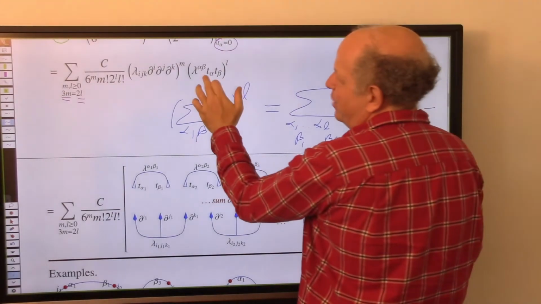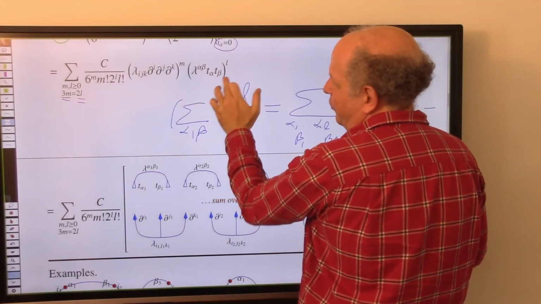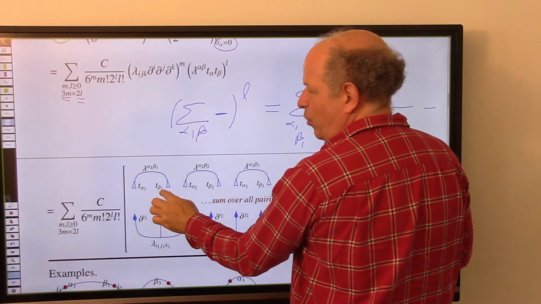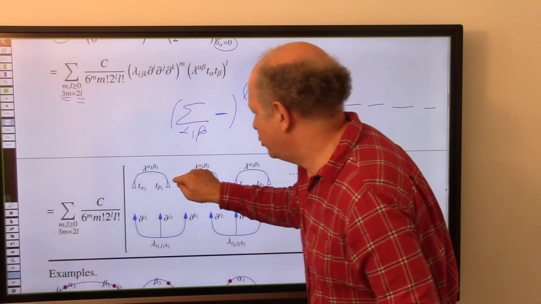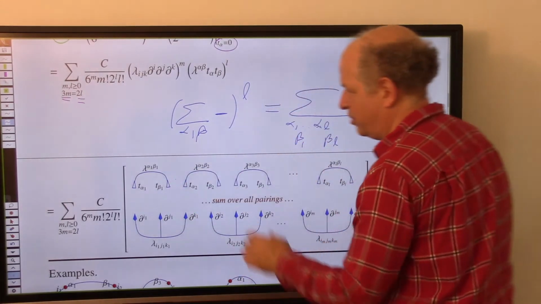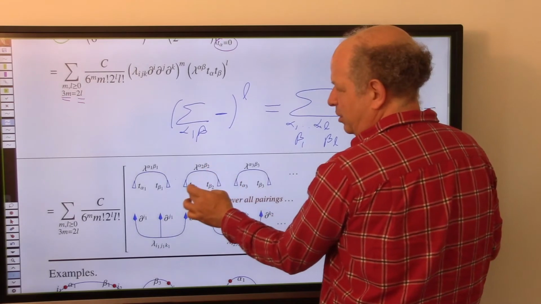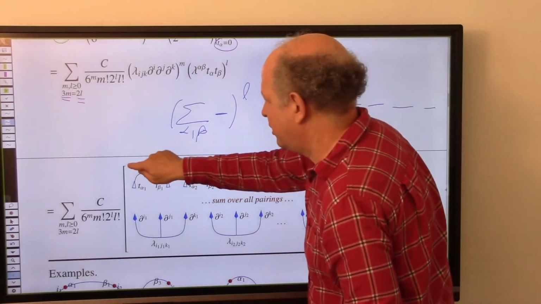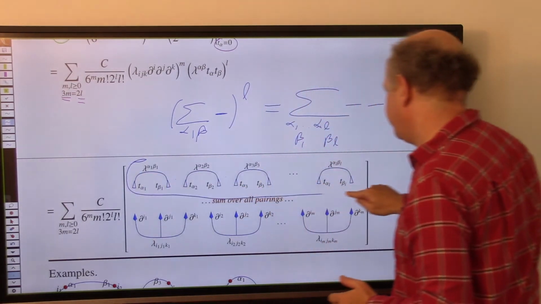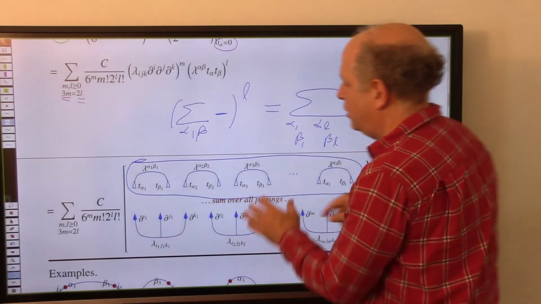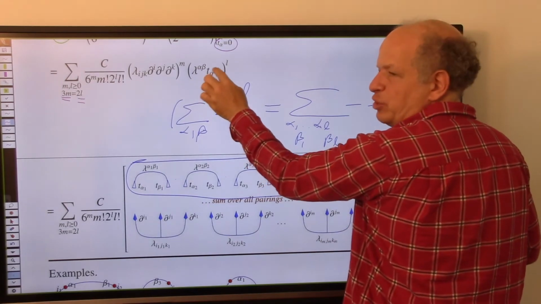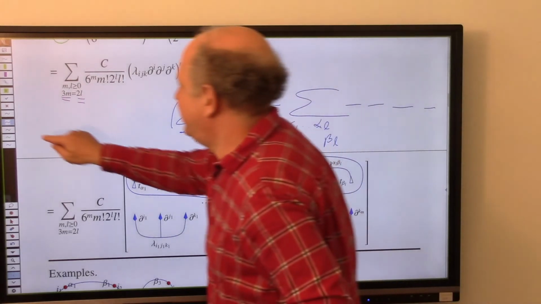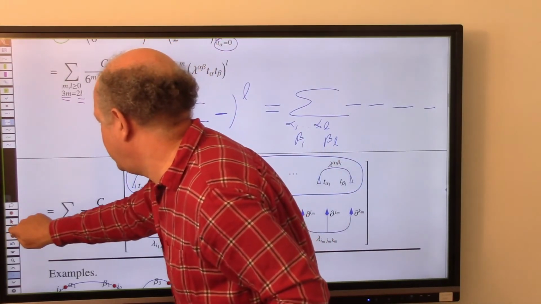So basically I replace lambda alpha beta t alpha t beta with lambda alpha 1 beta 1 t alpha 1 t beta 1 multiplied by, so there is an implicit multiplication here, lambda alpha 2 beta 2 t alpha 2 t beta 2 multiplied by, and so on. So basically this thing here is an expansion, using the distributive law, of what is written here. Similarly, but let me erase this,